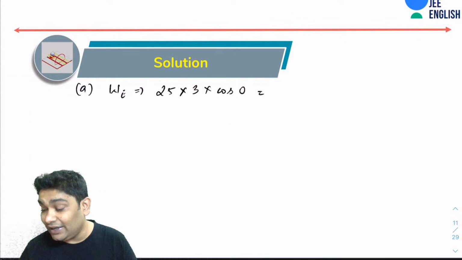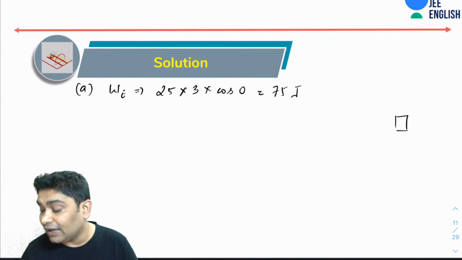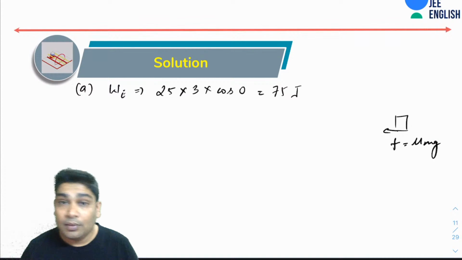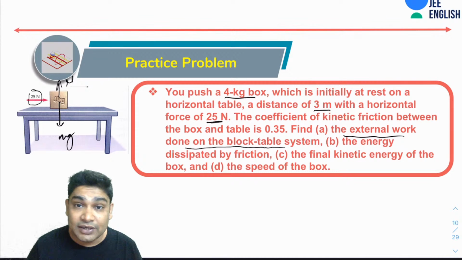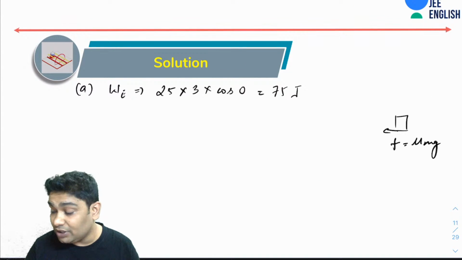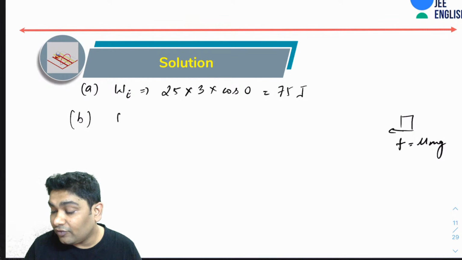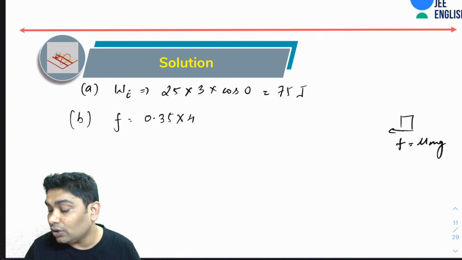So work done by external agent would have been 75 joules. Now for friction, kinetic friction, the kinetic friction would be in this direction, and it would be equal to mu mg, because as I can see here, the N would be equal to mg, right? If I draw the FBD, there is mg, there is N, and N would have to be equal to mg. So that is why I will get kinetic friction as mu mg. So I know friction is 0.35 into 4 into 10. So that is